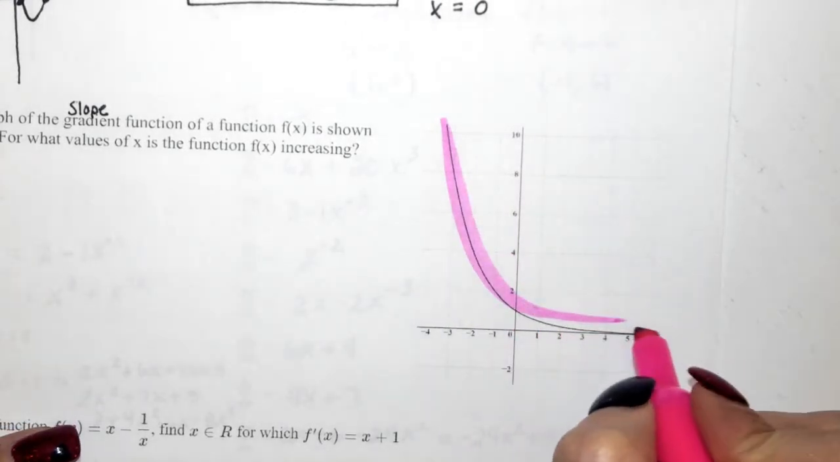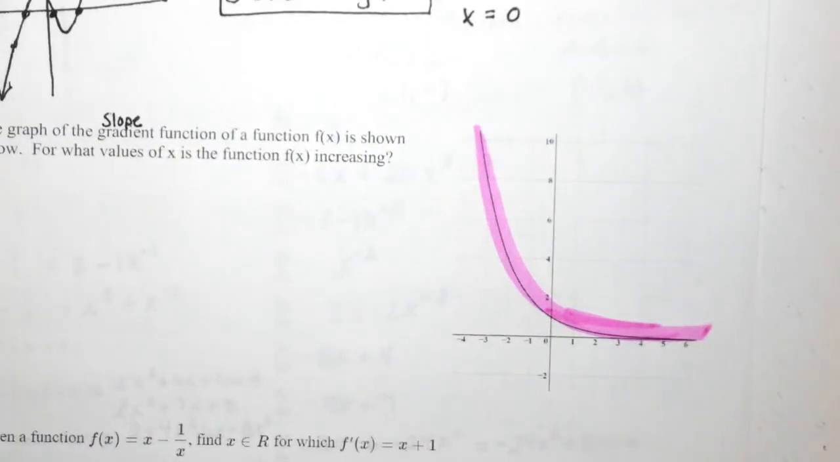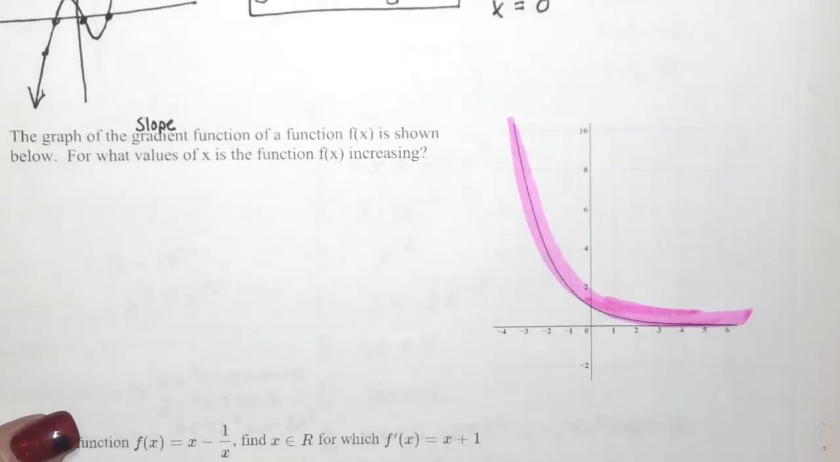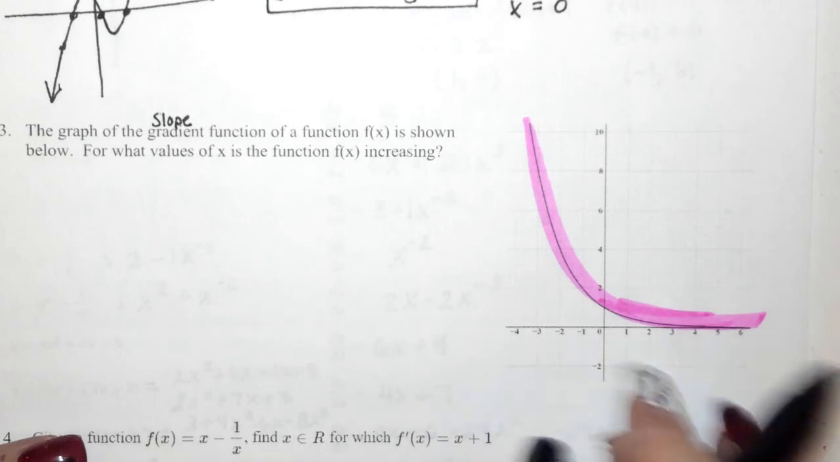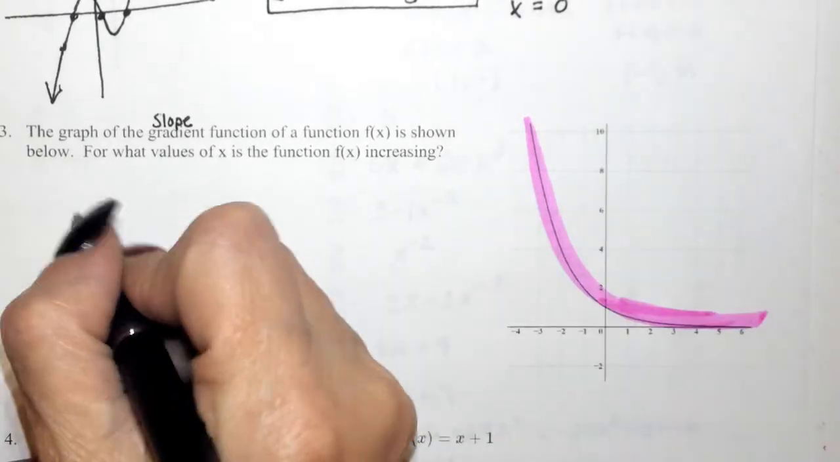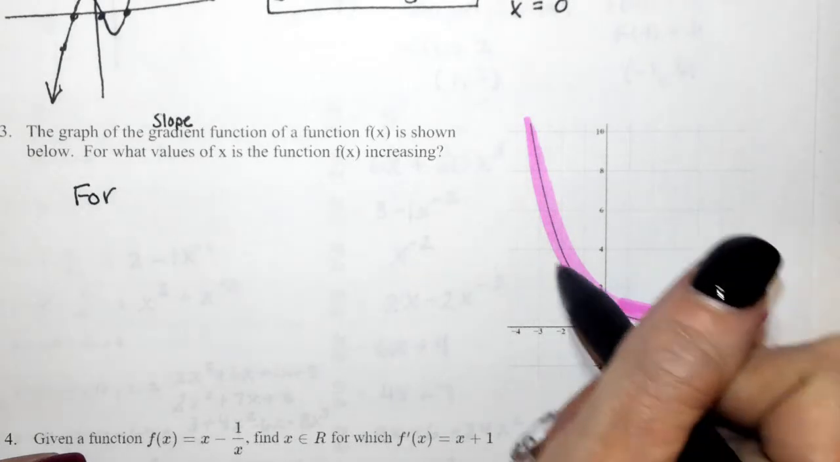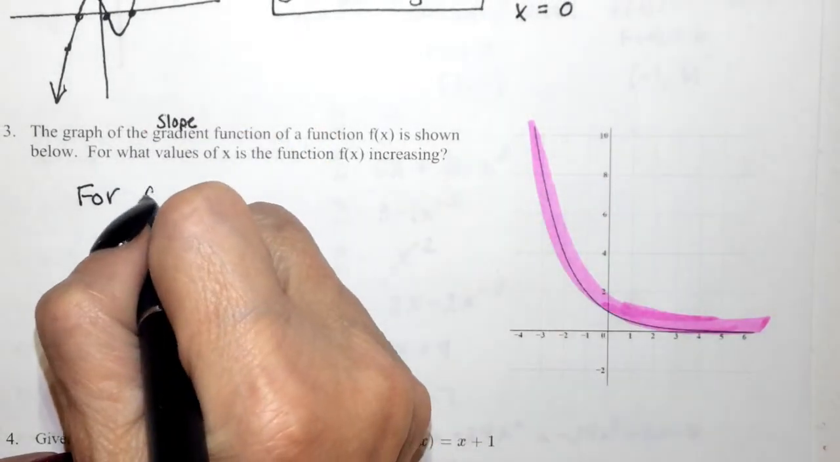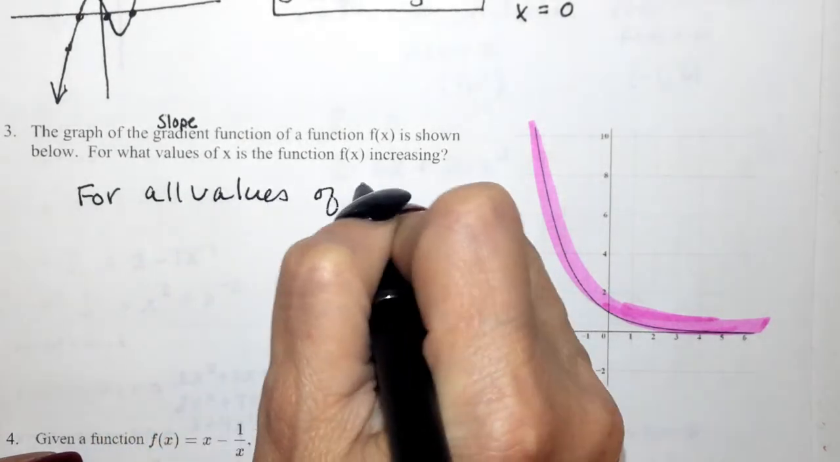You know what? Isn't this one always above? It's always above. That's always above the x-axis. Is there any values that's below down here? No. If there's no values that it's below, then that means for everything. I might as well just say, you know what? The derivative is always increasing because the derivative is always positive. So I'm going to say for all values of x,